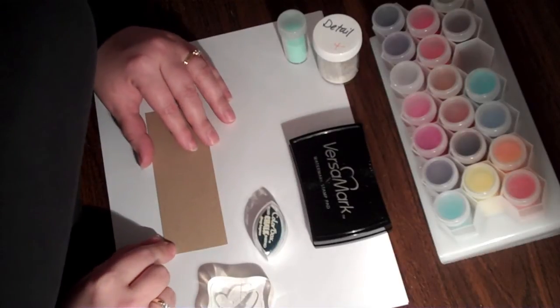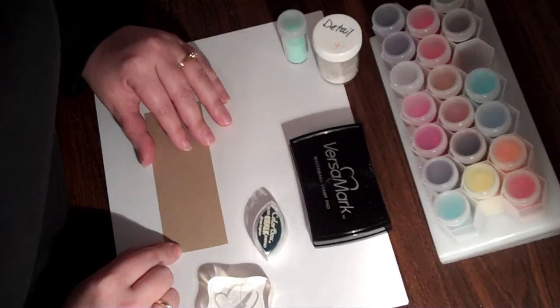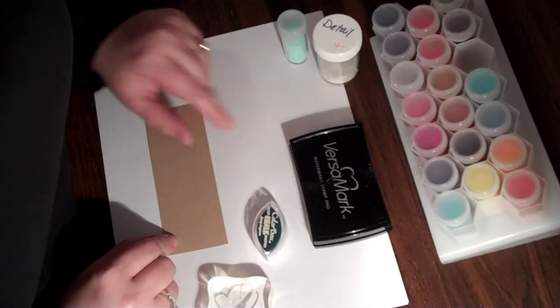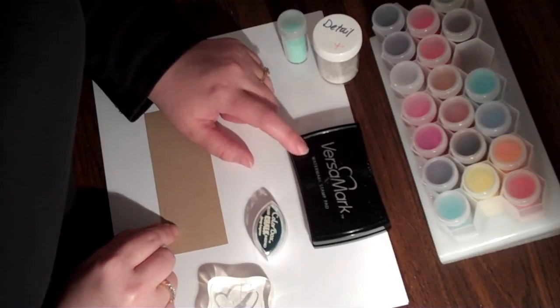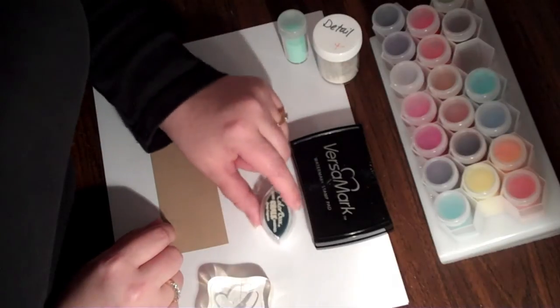You want to use an ink that is going to stay wet, meaning it's going to be juicy, it's going to last longer so it can grab the powders. So inks that I recommend, Versamark watermark pad. This is an ink pad that just stamps and makes things a shade darker, but this is a good wet pad for embossing. You could buy a regular embossing ink pad, or I'm going to show you something neat